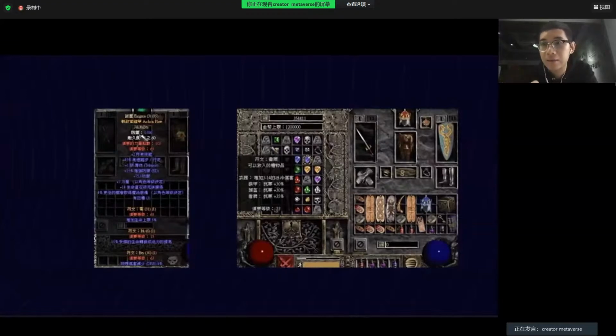You can insert some runes or gems inside the equipment and that will make your equipment level up. We see names such as Ist or Jah or something. These are the names of the runes.